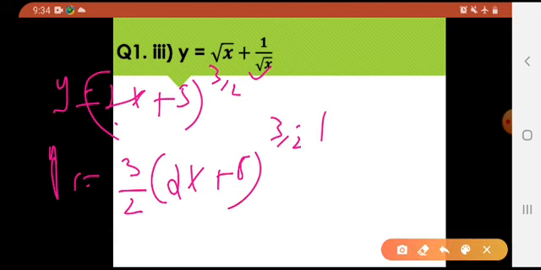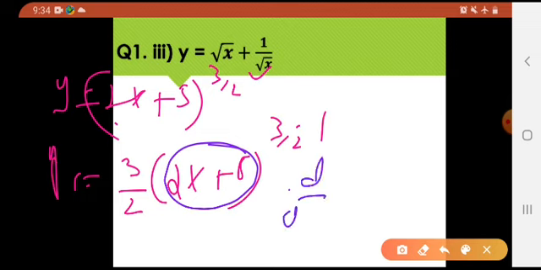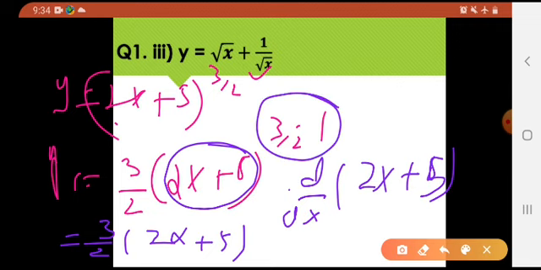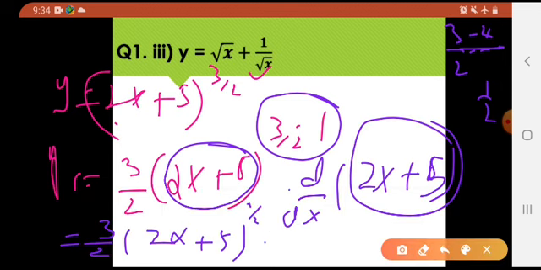What? That's it? No. What about the derivative of this inside thing? So it would be d by dx of 2x plus 5. Now let us check it out. 3 divided by 2 into 2x plus 5 whole raised to the power, LCM of this thing. So that would be 3 by 2 minus 2 divided by, so it would be 1 divided by 2, right? The power into, what is the derivative of this whole thing? The derivative of 2x with respect to x would be 2, and of 5 it would be 0. So 2 is the only answer.